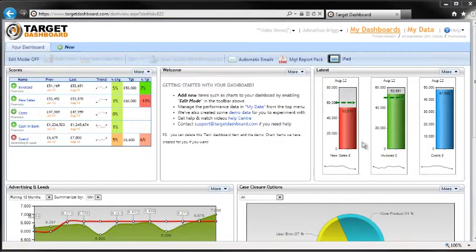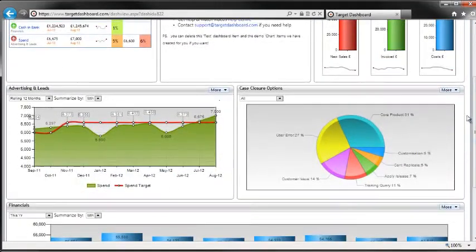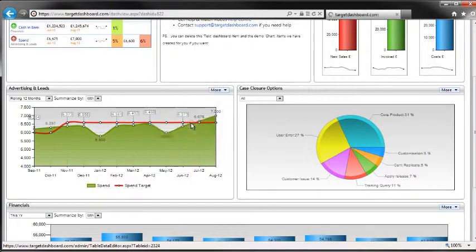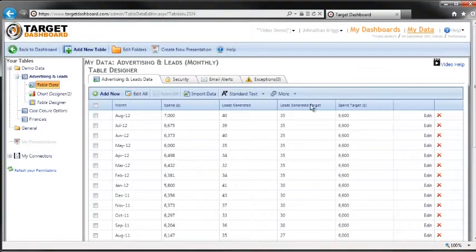Whilst you can get to your data from the My Data section, there's a little shortcut. If we go down to a chart, we can go to the More button and we can go to Edit Table Data. And this takes us straight away to the data that makes up that chart. So here we've got spend, leads generated, target and spend target. Let's return to the dashboard